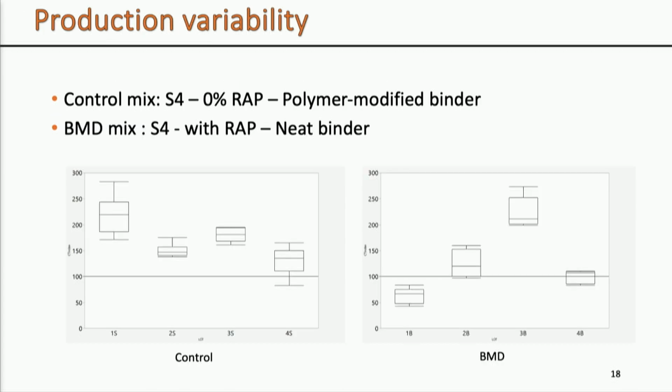So I'm just going to go over what we did. We looked at production variability. We wanted to see now, if we have a mix that's designed in the lab, are we getting consistent numbers in the plant? If we look at different samples collected from the plant, different lots, how do these numbers compare to one another? This is the figure on the left. It shows a control mix that was designed using the volumetric procedure. The figure on the right shows a balanced mix design that was designed according to that provisional specification. And if you look at either one of them, you will